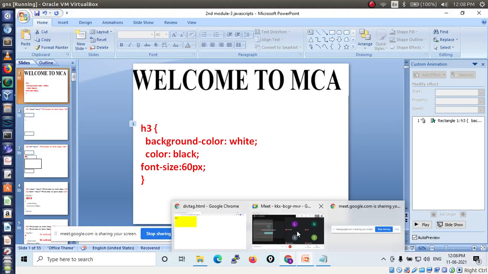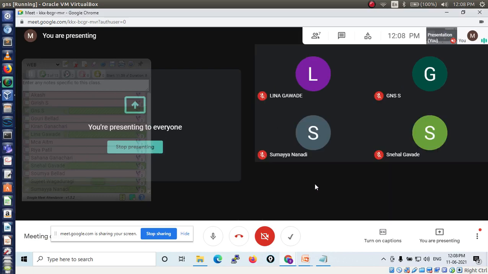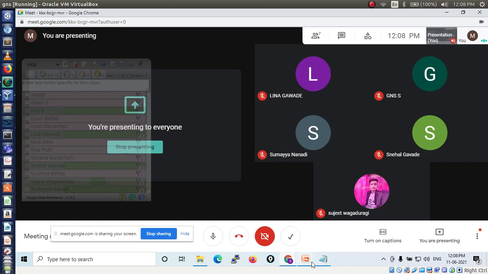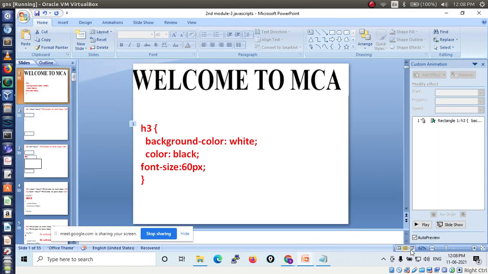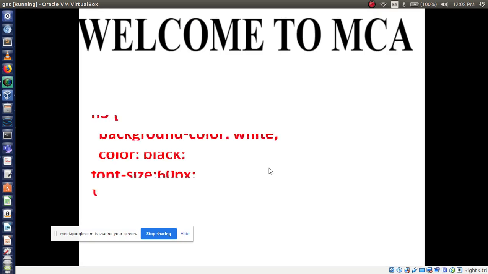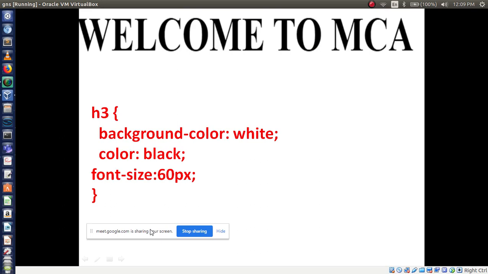Yes, it's a simple selector because we are using a simple tag, so it is called a simple selector.